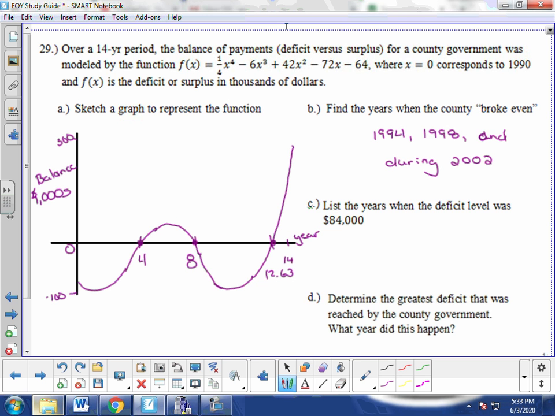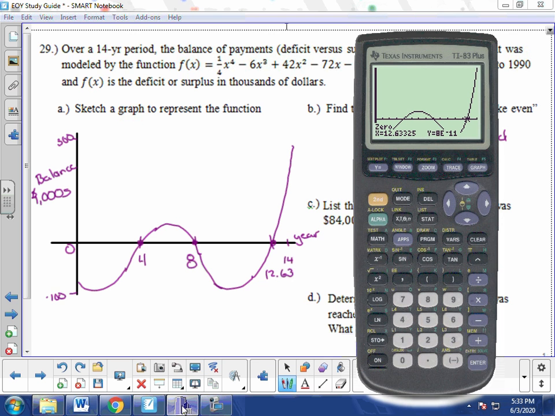It says list the years when the deficit level was $84,000. So this $84,000 is going to be the balance. It's a deficit, so we're looking for a negative value. So what we want to do here is hit the y equals button and put in negative 84. Remember, the y-axis is already in thousands. So we want to find these intersection points. We can do that by hitting second, trace, intersect,